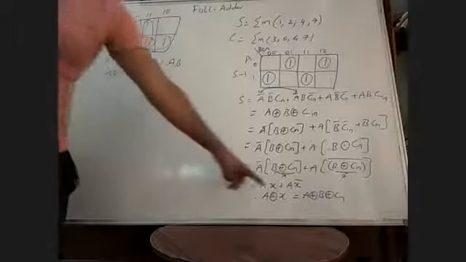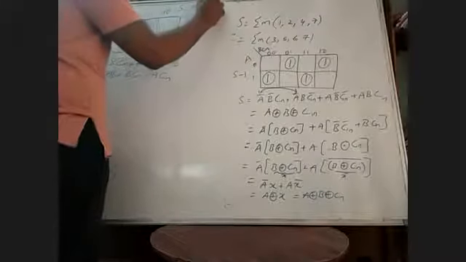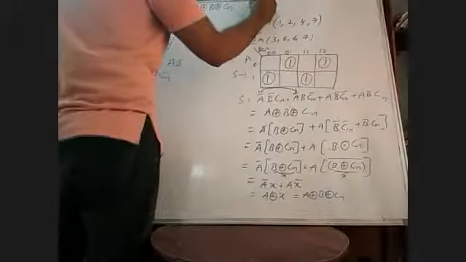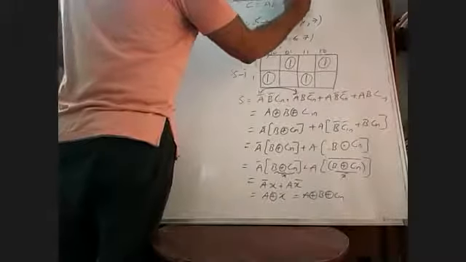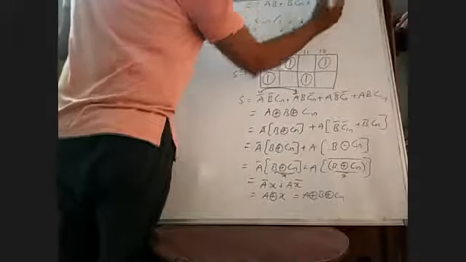Or simply we can write this as C equals AB plus B C in plus A C in. Okay, this is the minimized expression for sum and carry. Sum equals A exclusive or B exclusive or C in, and carry equals AB plus B C in plus A C in. Okay, I am writing these expressions here. Sum equals A exclusive or B exclusive or C in. Carry out equals AB plus B C in plus A C in.